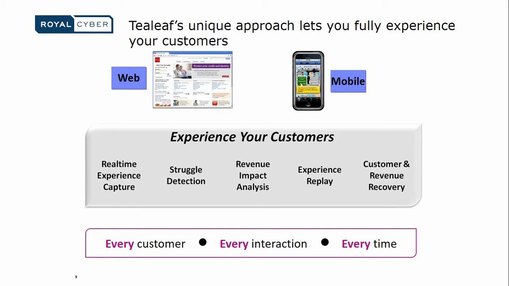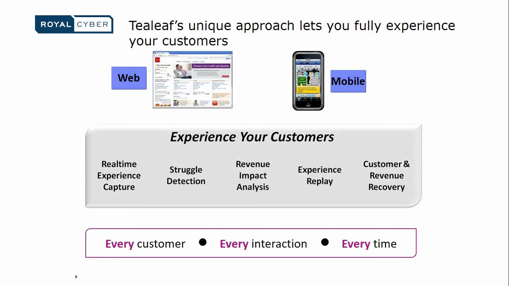There is no doubt on that, because of the way Tealeaf works. Unlike other tools which help you replay the user journey, Tealeaf has a unique feature: it not only helps you replay the user journey, it helps you identify what exactly the customer struggled with and what led him or her to face that kind of experience. This is a unique feature of Tealeaf,